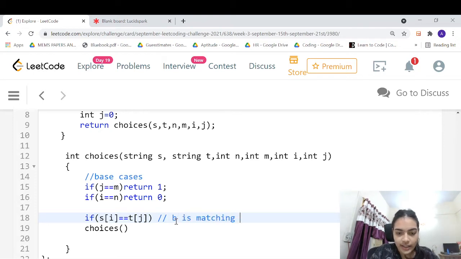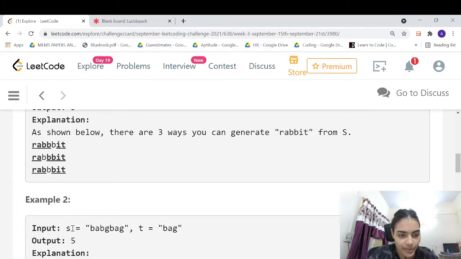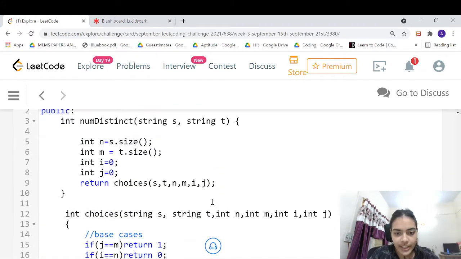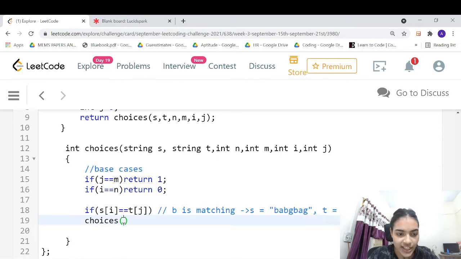Let's take our example itself, so let me copy this example. In this case, this b is matching with this b, let's say you are at the first index itself and both b's are matching. So in that case you can take this b itself. If you take this b, you will just be left with the remaining strings. So that is the first choice that you can make.